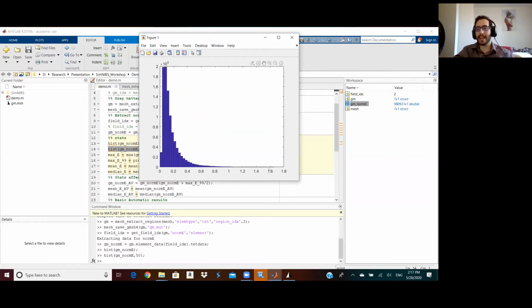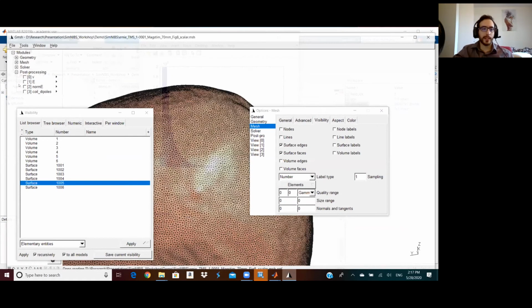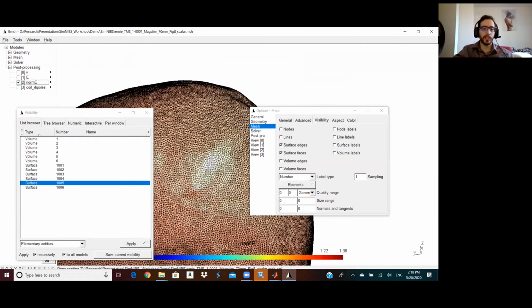and it should show, for example, the histogram of all the gray matter values. What we see is that, as we expected, most of the values for the norm of the electric field belong to very low volts per meter, and only a few of them have high volts per meter values. And that is what we expect, because if I look at the norm E,